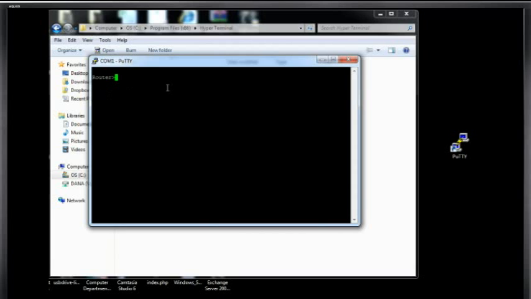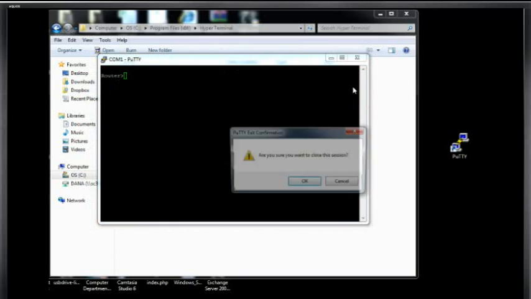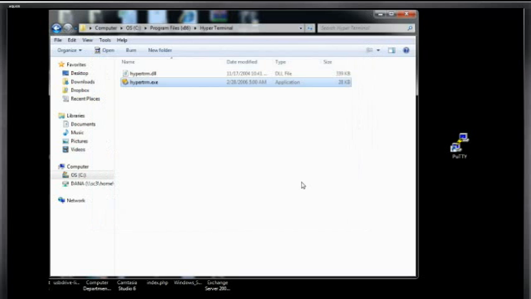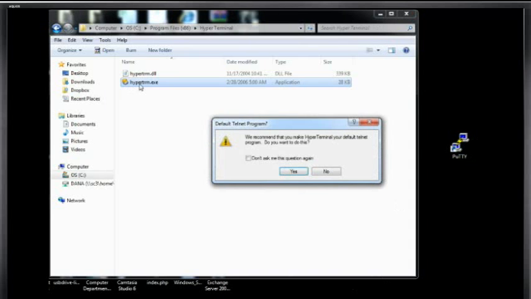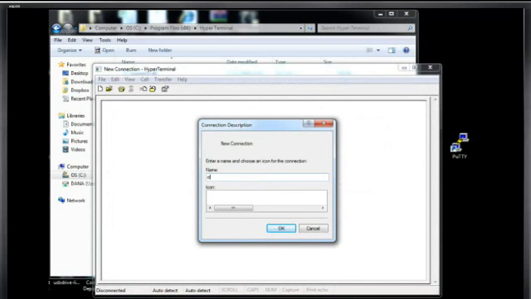PuTTY works really nicely also. So either way is good, but I'll show you the hyperterminal way for configuring this router, because that is the traditional way that it's done in the Cisco curriculum, using hyperterminal. Although I do recommend PuTTY, it'll make your life a lot easier. So we'll run hyperterminal, go the traditional route, and